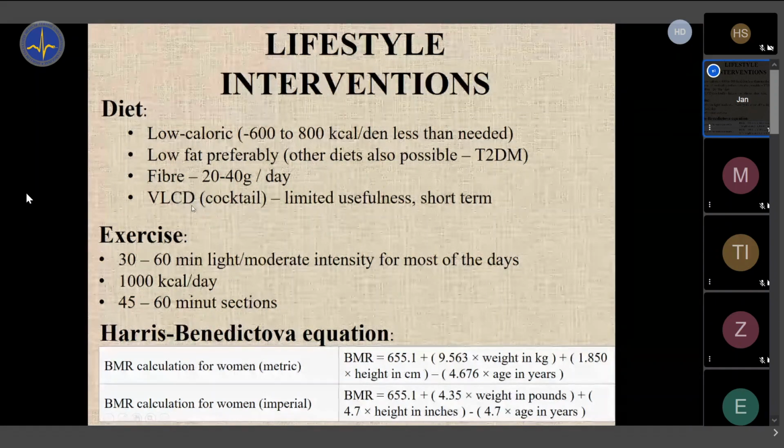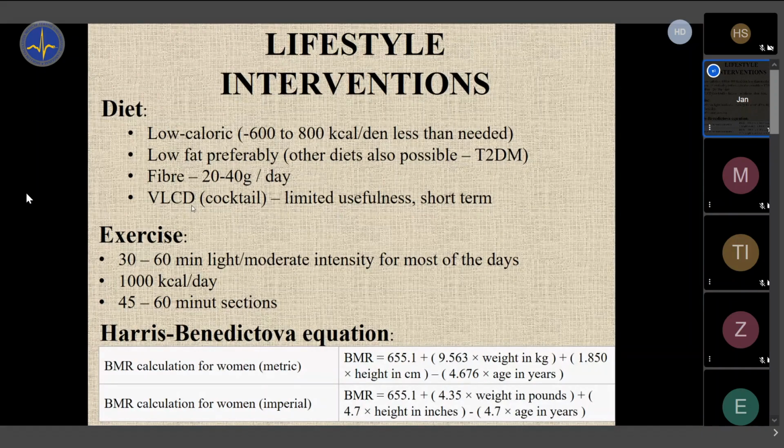It's easy, you just drink a cocktail, you're done, you don't need to cook, etc. Women typically like it, but its usefulness in the long term is limited, you cannot drink cocktails for the rest of your life. So the position of cocktail diets, very low caloric diets, is from the global perspective limited. We can maybe suggest substituting one meal a day with this, maybe the lunch, and then have a dinner with the family, etc. It depends how you will discuss it with your patients, but having patients on a full cocktail diet is not really recommended and is reserved for specialized care and for short term, maybe to motivate them, break some resistance, etc. So just to know about very low caloric diet.